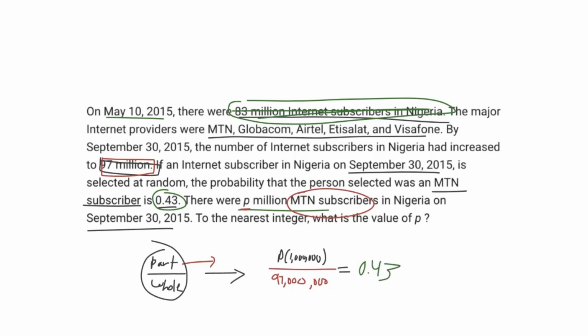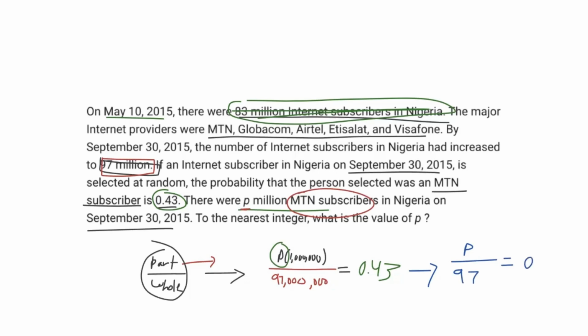So now it's pretty simple. We just have to solve for the value of P. So to do this, you just plug it into Desmos, right? But first, let's simplify this out, because if you type 1 million over 97 million, it's going to give you an error because it's just such a small number. So what we can do here is just simplify, right? So we have P, and then we just divide the 1 million by 1 million and divide the 97 million by 1 million. So we get P over 97